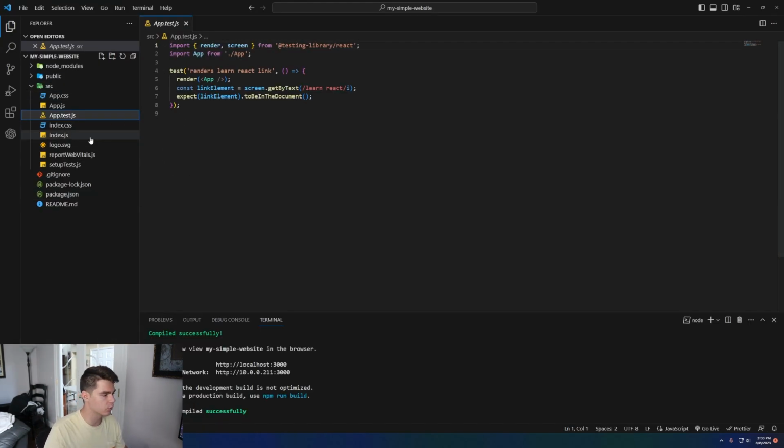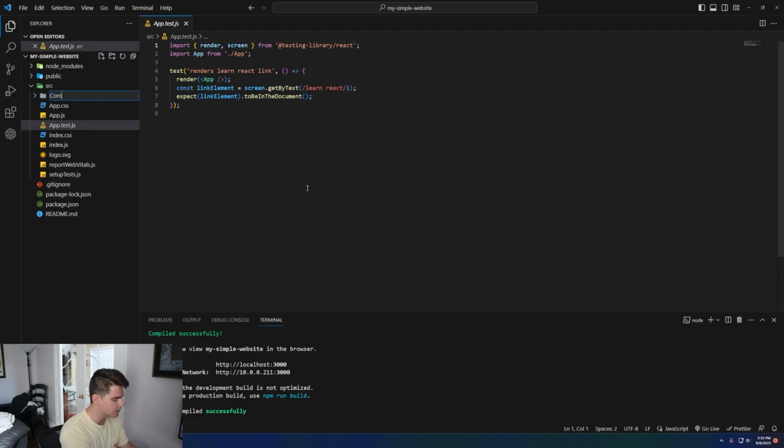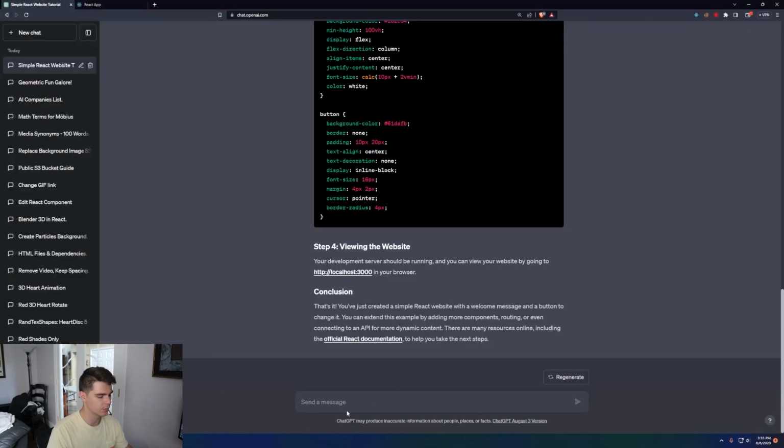So now that we have our simple React site, I'll right click on SRC and I'll create a new folder, and we'll name this components. What this will do is hold all of our different components for our React site. And then we'll come back into ChatGPT and we'll say, can you write me a simple Navbar component for my React site? Use separate